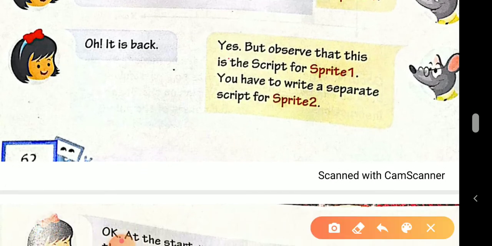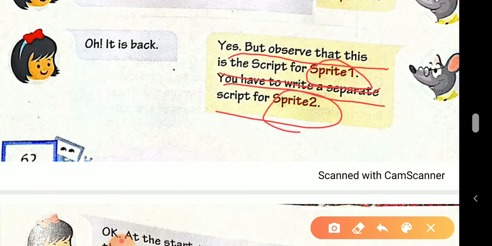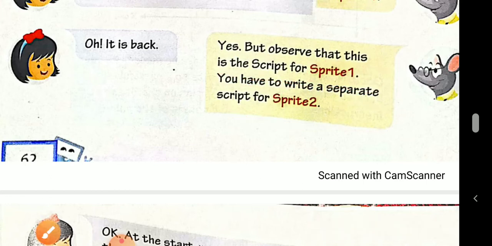But observe that this is the script for sprite 1. You have to write a separate script for sprite 2. If you add another sprite, you also write a separate script for that different sprite. Okay students.